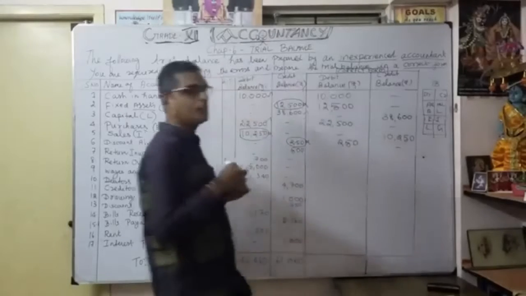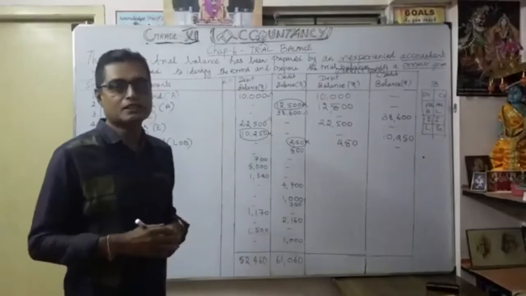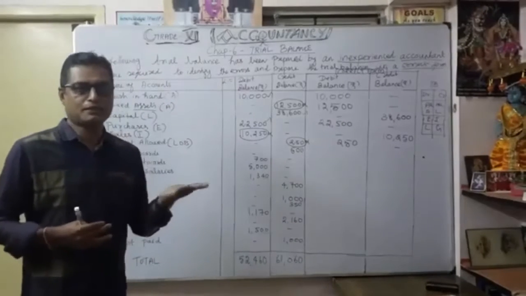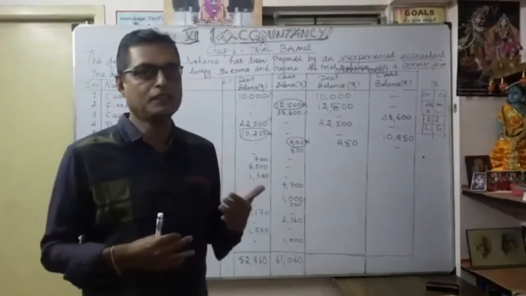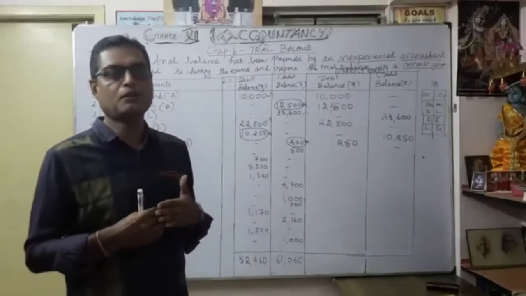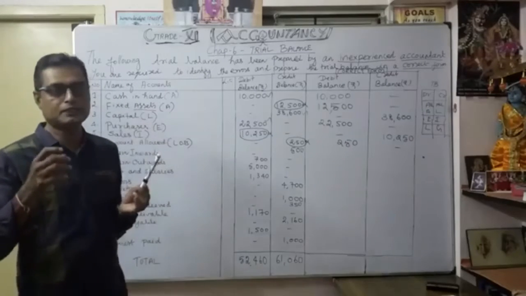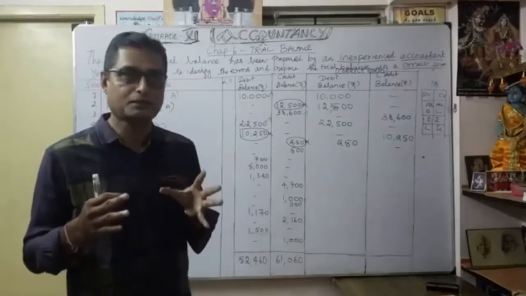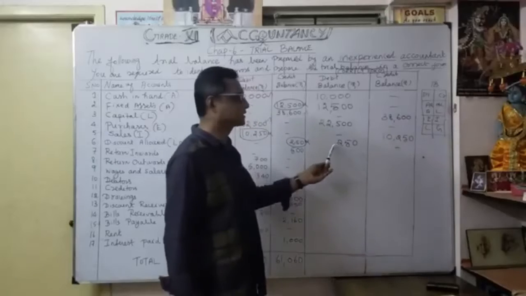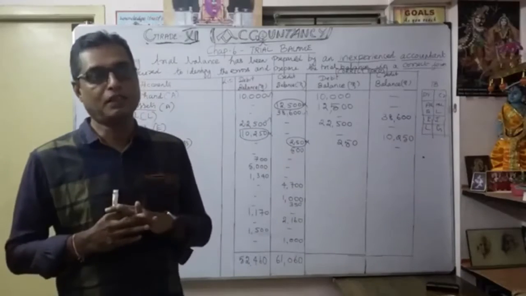So discount allowed is a loss. Don't say expenses. That's why you should be very careful here. Why is it a loss? We are losing our money. For example, we sold goods to somebody for 10,000, but they paid us only 9,500. Why? Because we said, okay, we allow 500 rupees as discount. From the company's point of view, the 500 comes under loss. That's how we identify discount allowed as an item, which is considered a loss, not an expense. Understood? As a loss, it should always be a debit balance, never a credit balance. Discount allowed is always a debit balance.